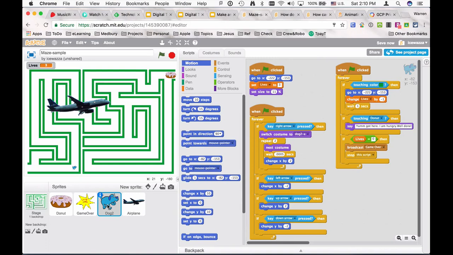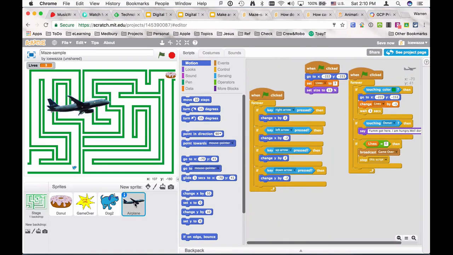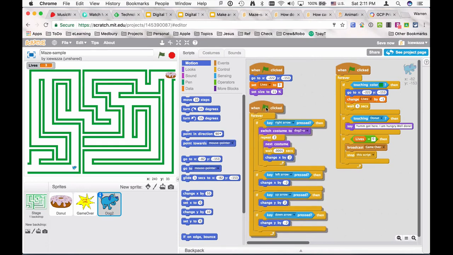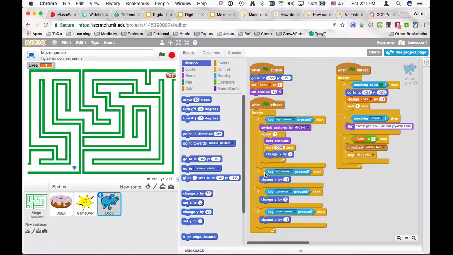So now we're just going to jump on a bit. First of all, I'm going to put the plane character that I no longer need. And I've just done a little bit of preparation ahead to move us on for animation of the costumes. So here you can see the three existing ones that we had prior to me just making some alterations, where we were just using the left arrow and changing the X and the Y. And now we've got a slightly different arrangement for the key. This is so that when